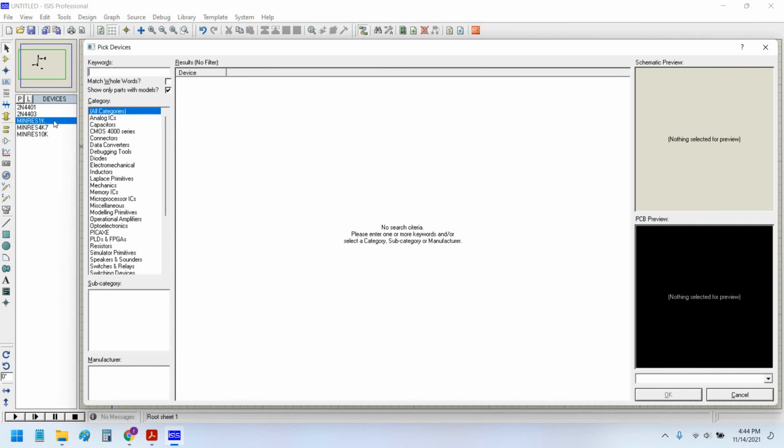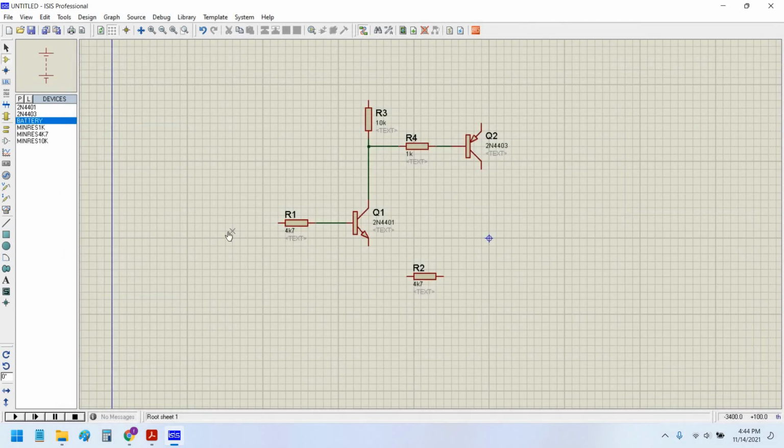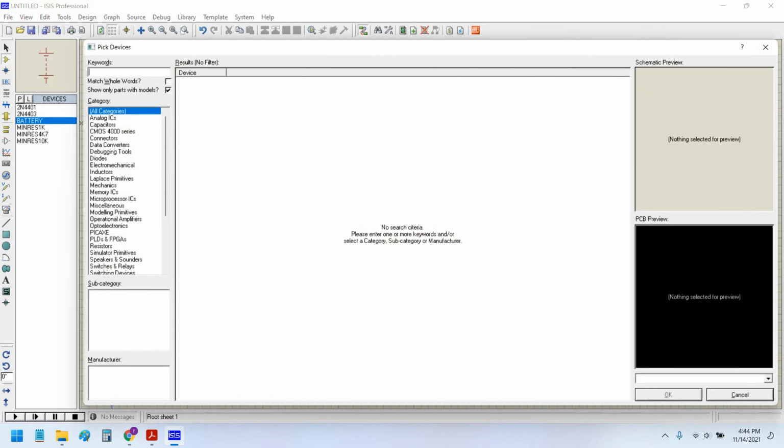Now again I am going to use a battery in this circuit as well, because batteries are very commonly used in many electronic products, and I would use a 9-volt battery again. And I would also use a push button.